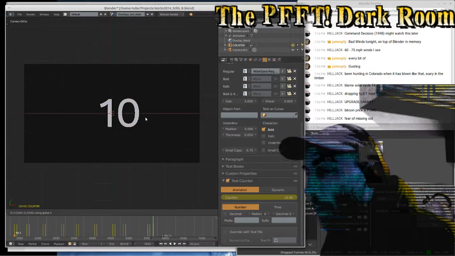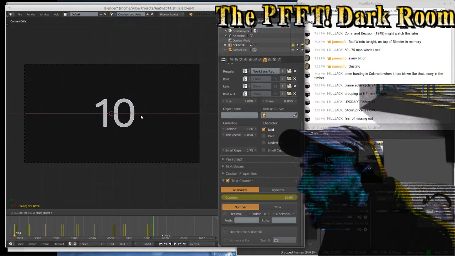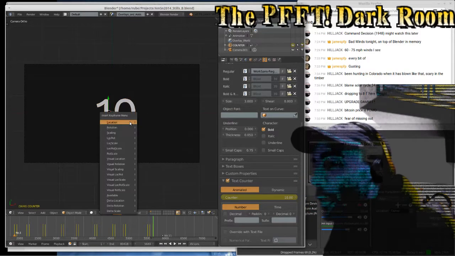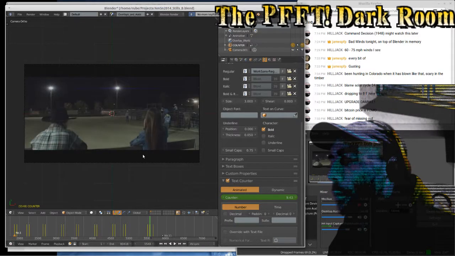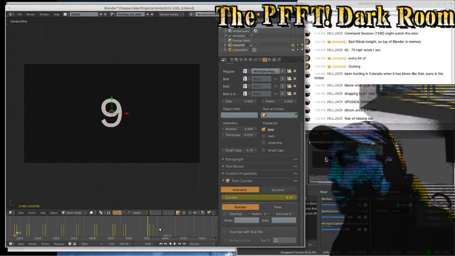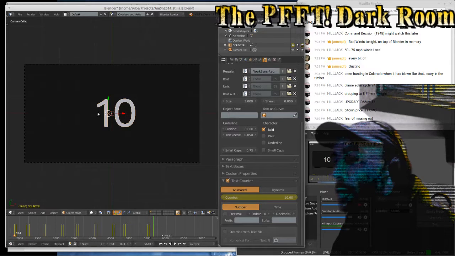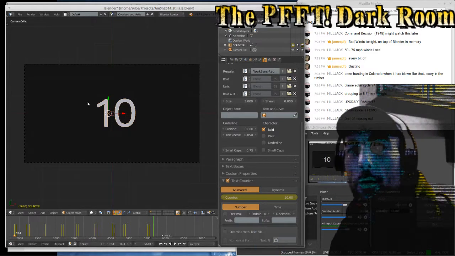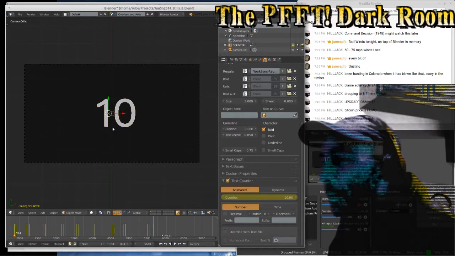I'll grab it on the X and move it back so that it's centered again, or closer to center, and then hit location again. So now I get the effect that I want. And since it's not visible when the actual motion occurs, there's no worry of seeing what I'm not supposed to see.